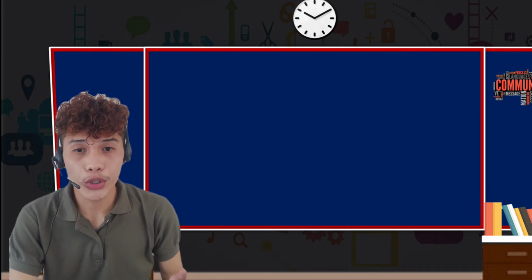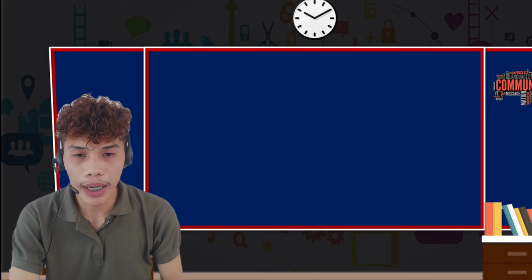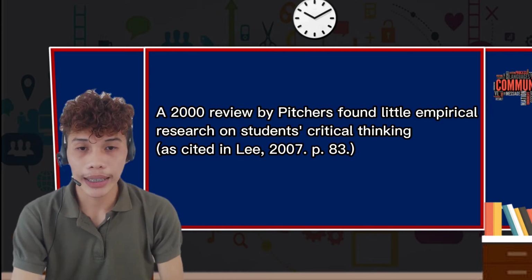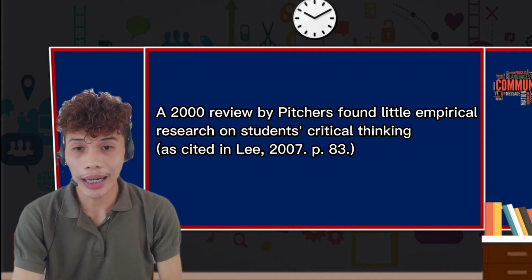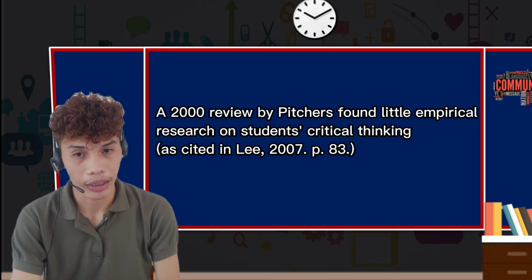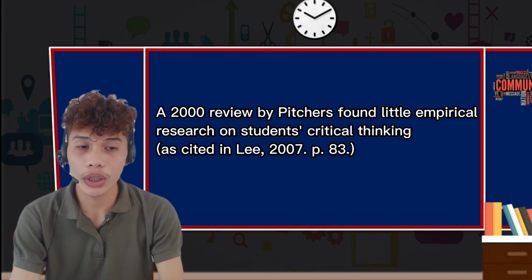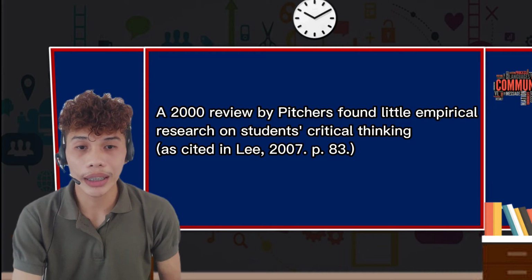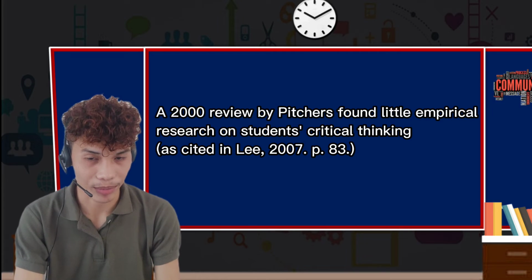Now, if you are unable to track down the original research report of a certain author cited by another author, then you may follow this example. In this sample, research done by Peters is discussed in a journal article written by Lee, but you really cannot track down the original research of Peters. So what you need to do is state the information needed, but only include Lee's article in your reference list.